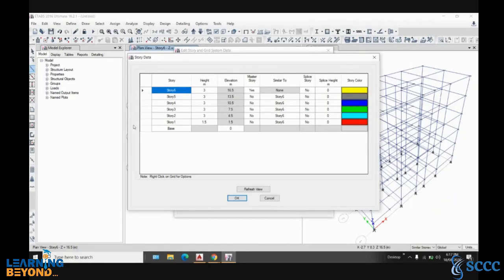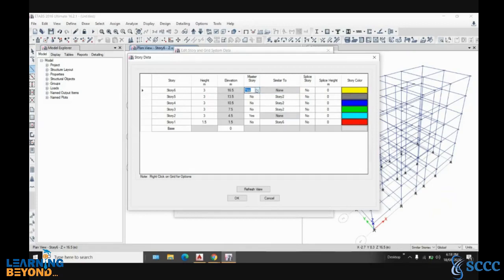See here, now this will make certain changes, that master story. So what we'll do is make this the master story. So click yes, and make this story similar to this story. So similar to story number 2, then similar to story number 2, and similar to story number 2, and again this also similar to story number 2.